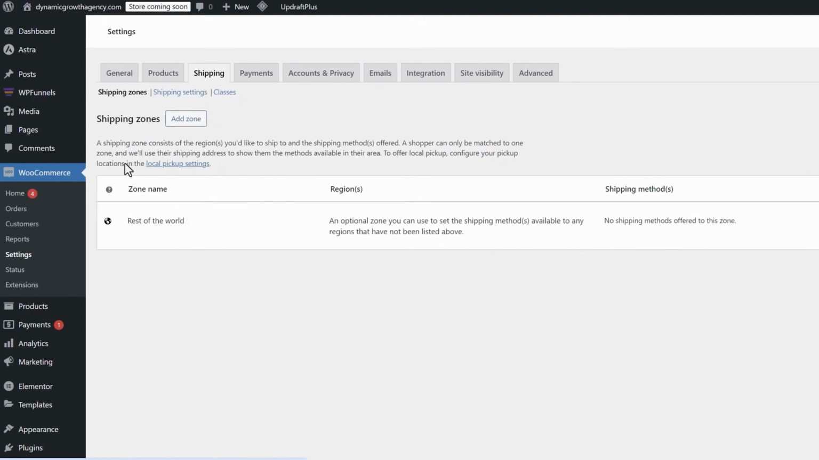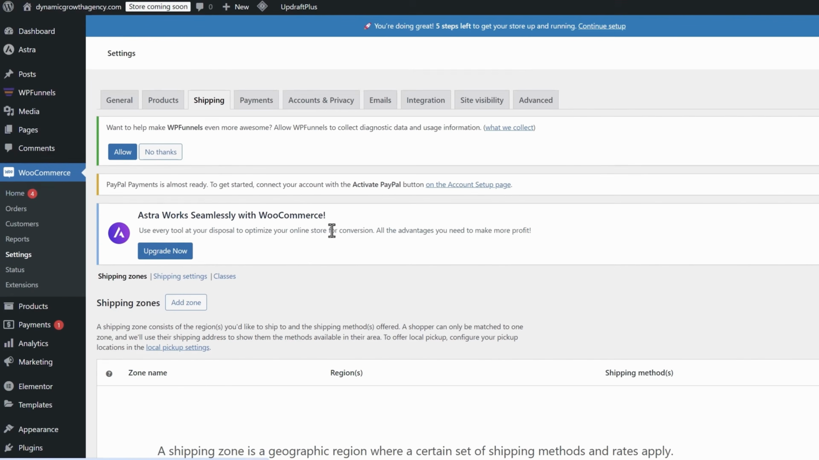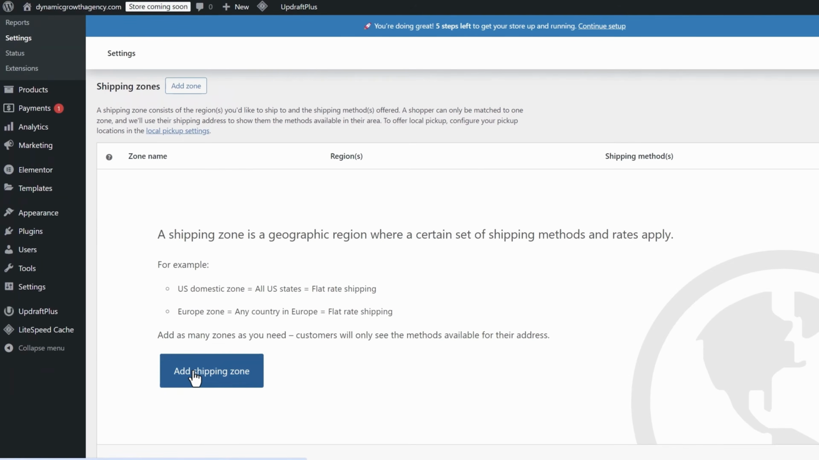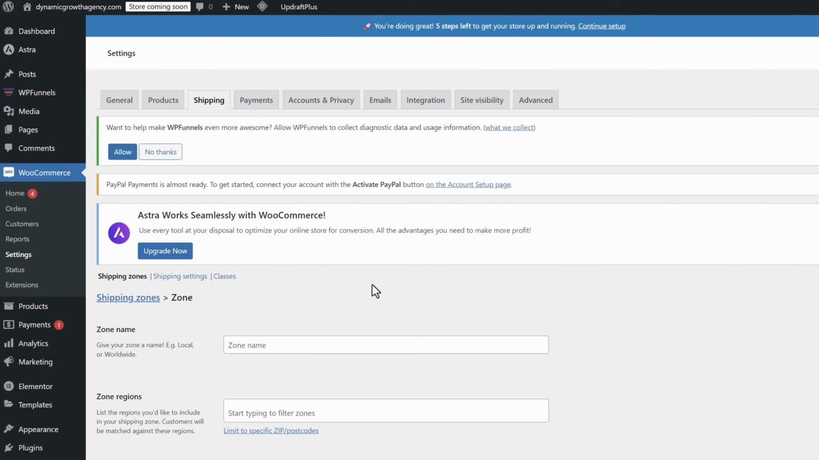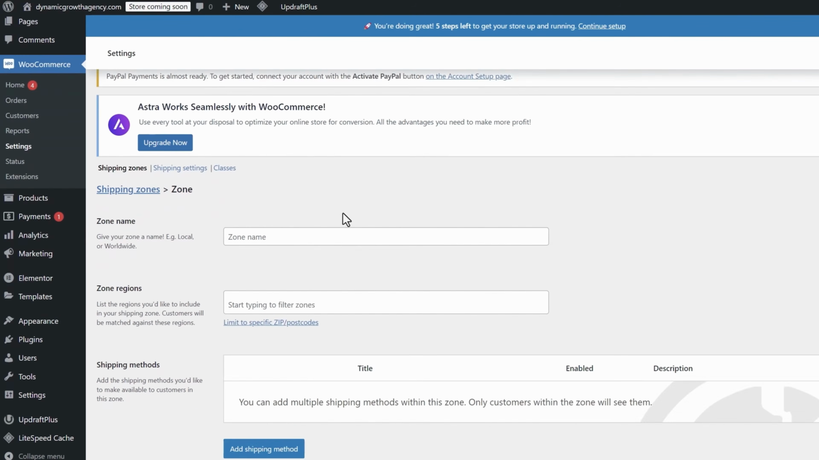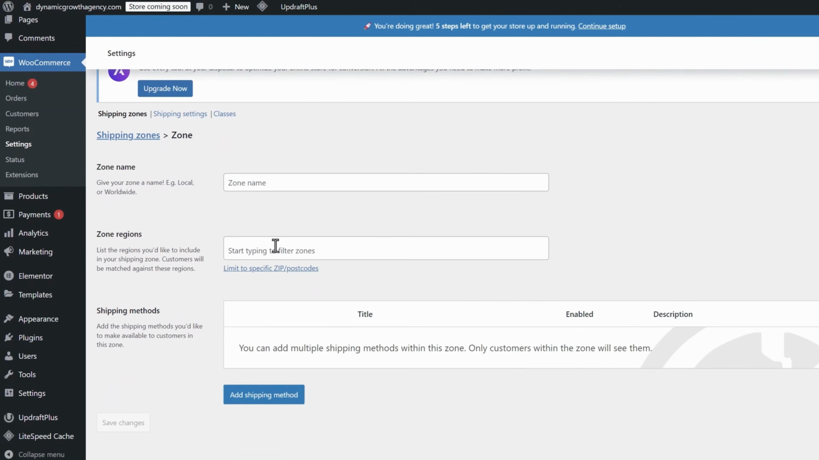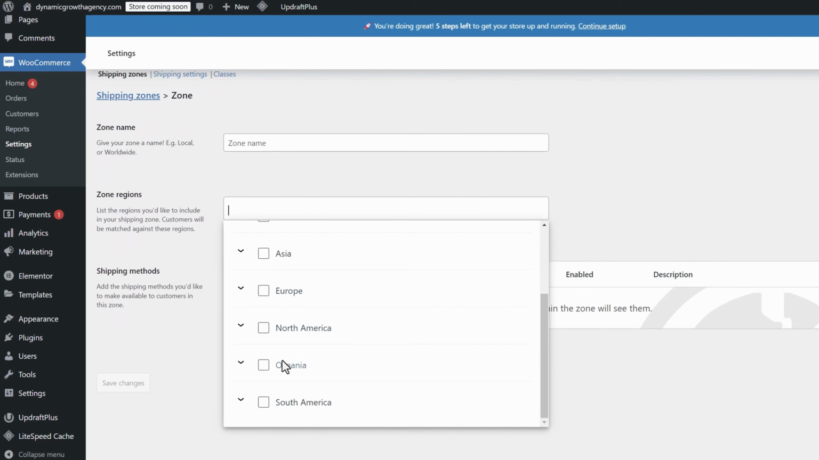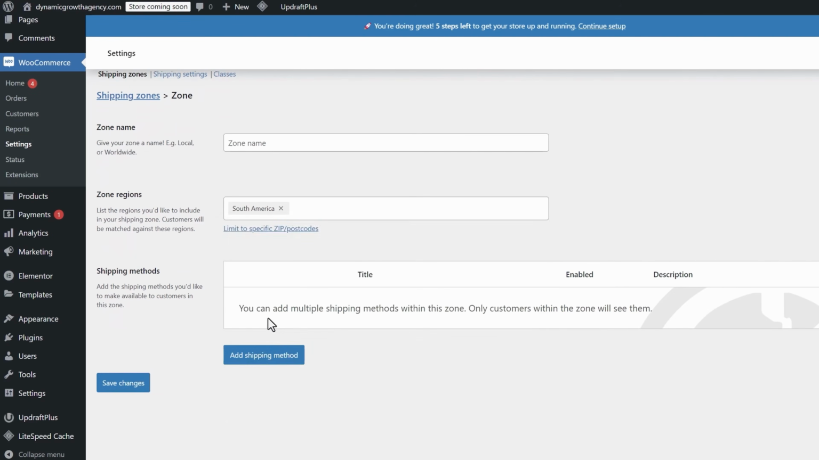So we're just going to go into shipping here. Go to WooCommerce settings, shipping, and then just enter the zone. So whatever shipping zone, whatever percentage shipping or cost shipping you want to include for a certain zone, that's what you would add here. So we're going to go with, for example, South America,